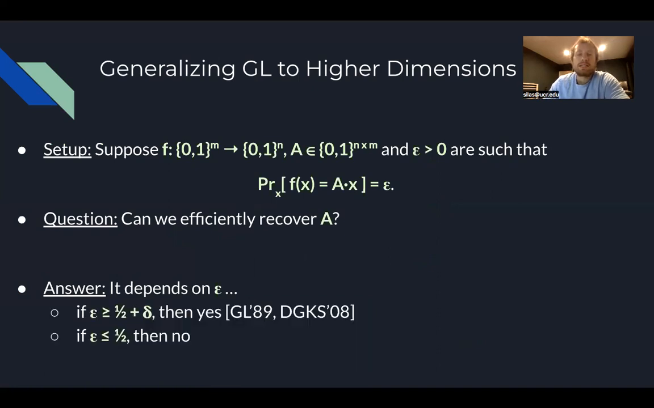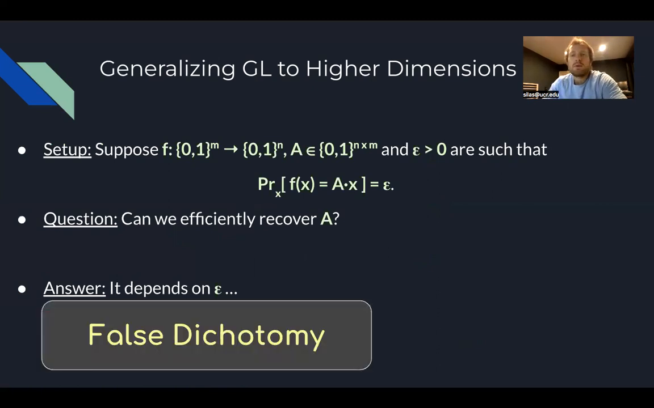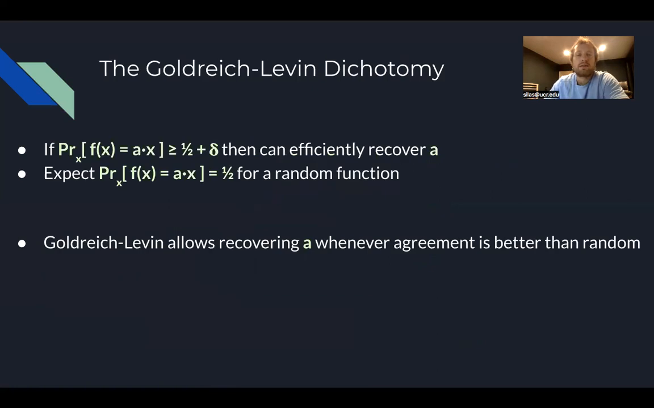So this is too bad, because it seems like the Goldreich-Levin dichotomy extends up to here. And so either you're in the case where prior work says you can recover A, or you cannot. However, I would argue this is a false dichotomy, because if we look a little bit closer at the original Goldreich-Levin dichotomy,